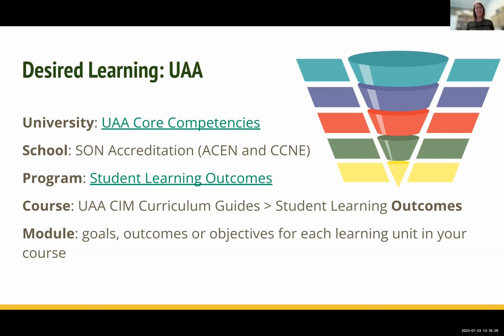But I do want to say that the big picture is the university has core competencies. Of course, our school accreditation has goals and skills and knowledge competencies, and then your program, the School of Nursing, has student learning outcomes as well. So all of those we are presuming were taken into account when the curriculum went through the system to appear on our curriculum guides for your courses. So we're going to focus at the course level. I know that some of you here, Kathy and Margie, have tons of experience. Any comments about this slide